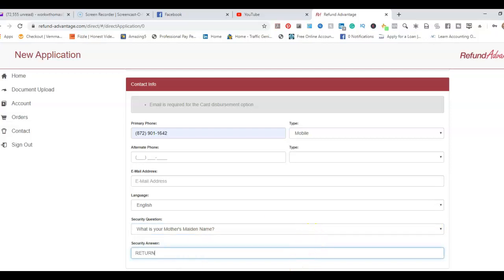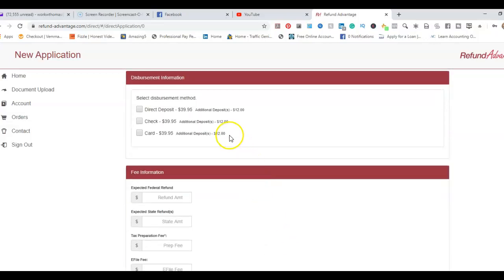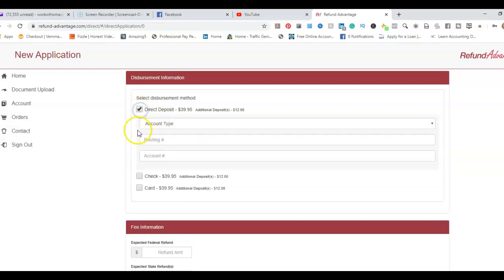Once you do that, we can continue, and it takes us to another page. We'll say the disbursement information, and you either got direct deposit, check, or card. For this example, we're going to do direct deposit, account type checking, routing number, account number,